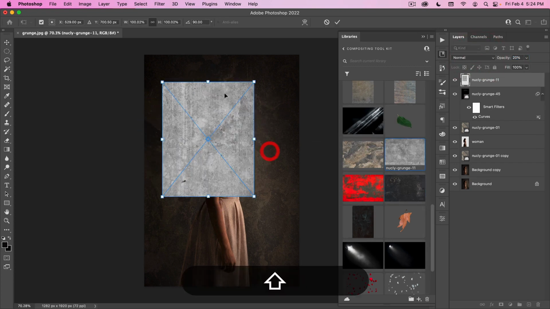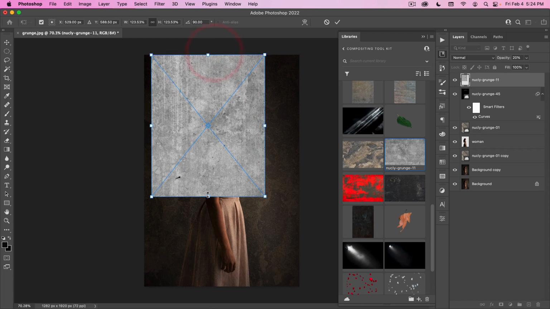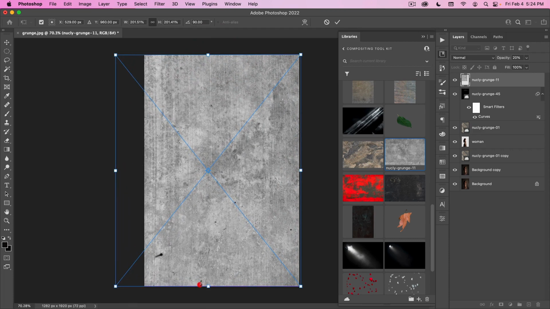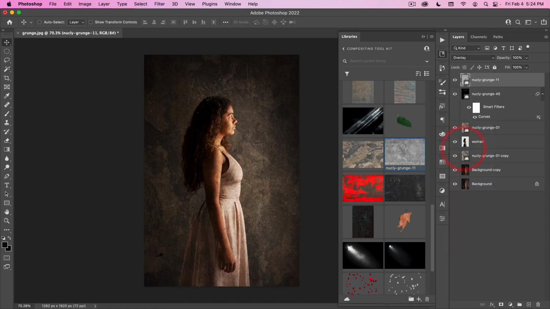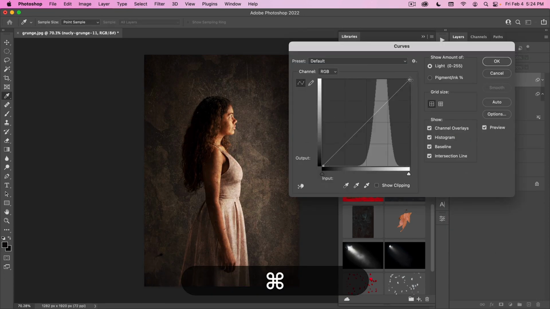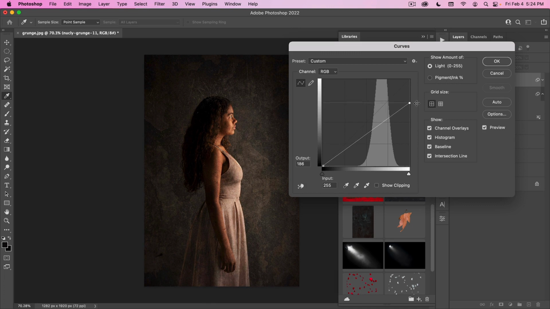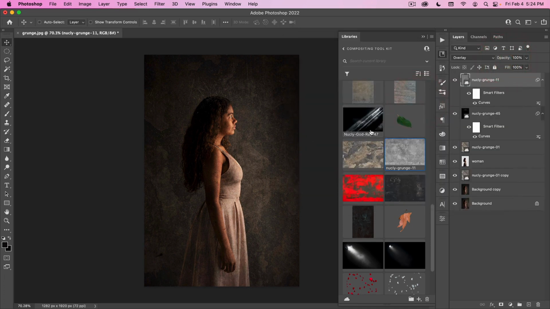And then finally, I'll take this one as well. I'm just kind of building these up. The more I put on there, the more the original image is going to look like either a painting or kind of an old photo, which is the look that I'm going for. For this, I want something like this. And then when I do something like this, I also want to give it a color grade.